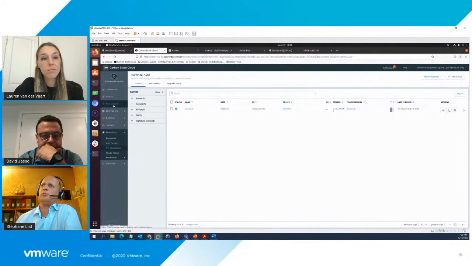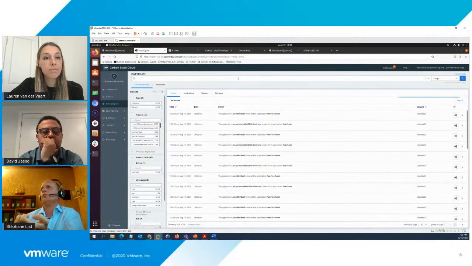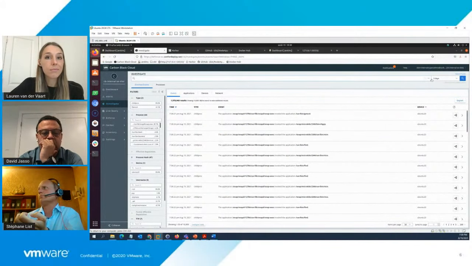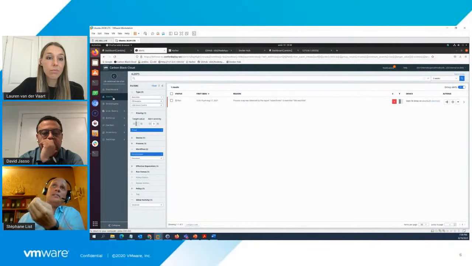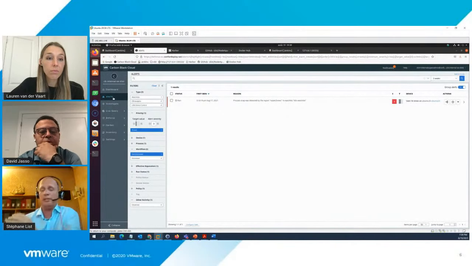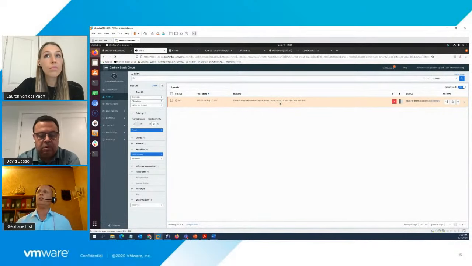So I am able to investigate and search for events, for example, when or where in all my environment someone has tried to execute kubectl exec. I can be alerted as a SOC member when someone tries to execute some code in my container.